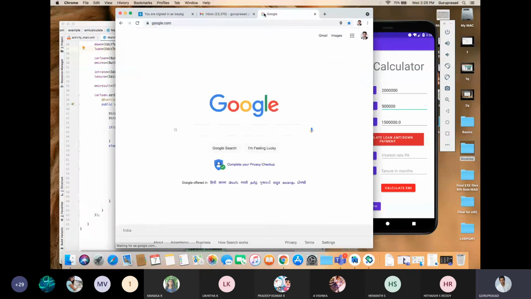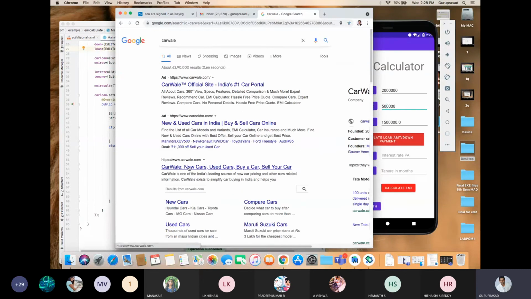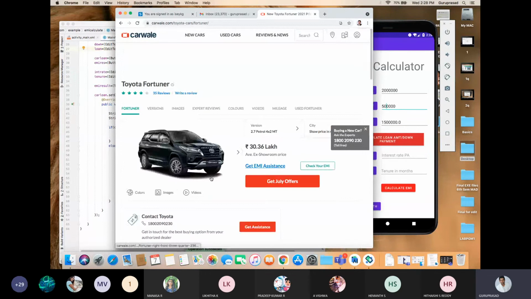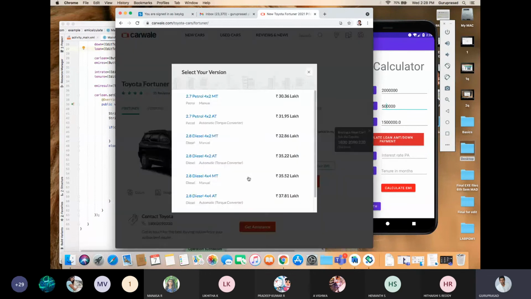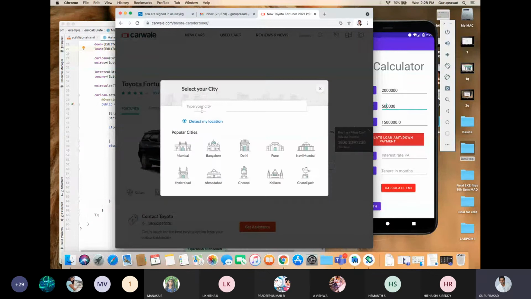I'll show you what is the working of car valley. I'll choose any car, Toyota Fortuner. I'll go with the top end version. Select the city, Bangalore.